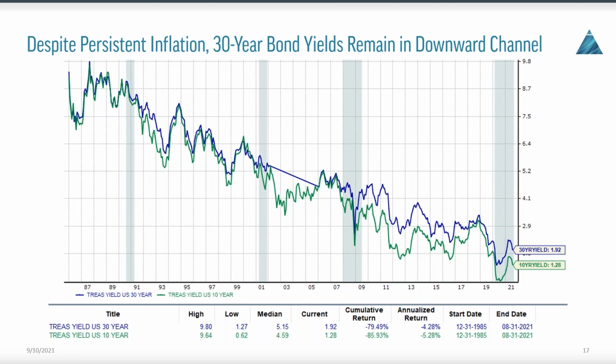So again, we see high levels of CPI. I think that's going to persist because of backlog concerns, because of production capacity concerns, but we don't see this number coming up. We don't see interest rates rising in a dramatic fashion in any way. And that to me is the greatest indication that the bond market does not believe that this inflation that we are seeing, and there is inflation, no doubt, but the bond market is saying, in my view, that's my interpretation of this,